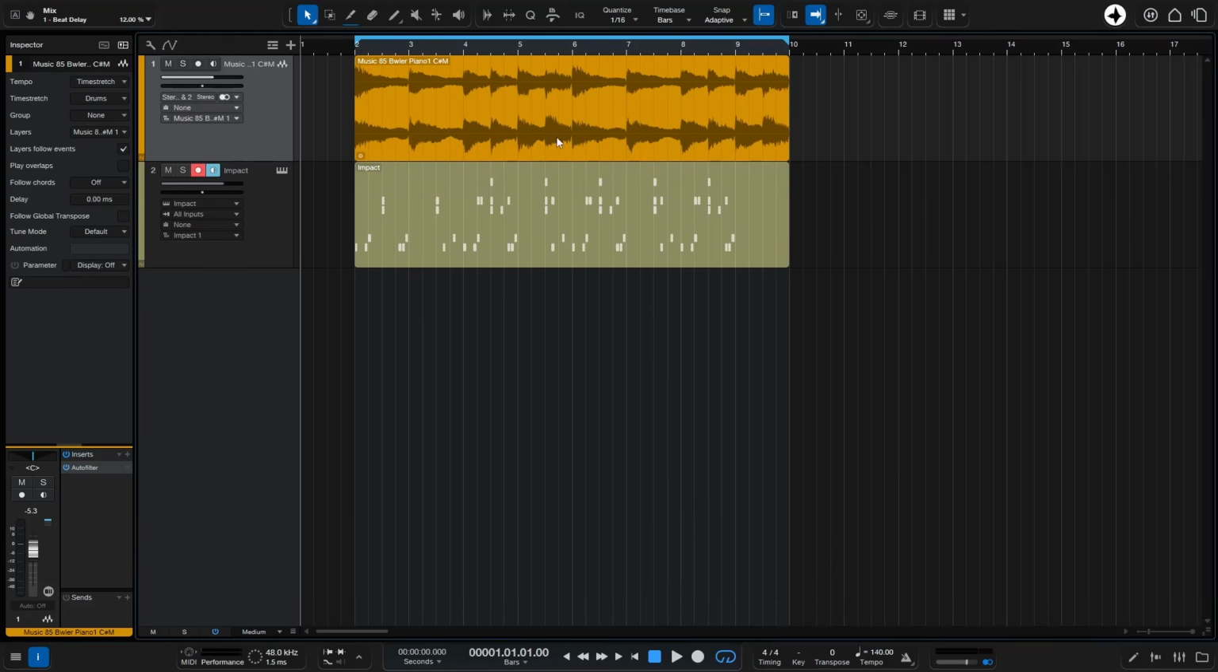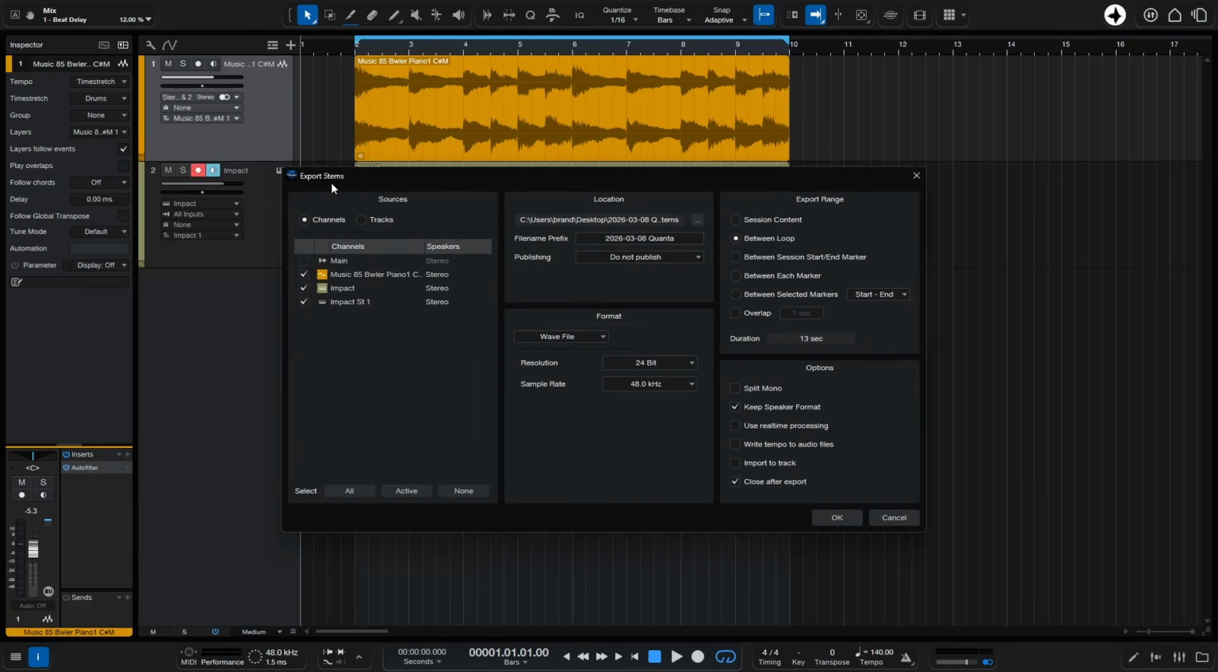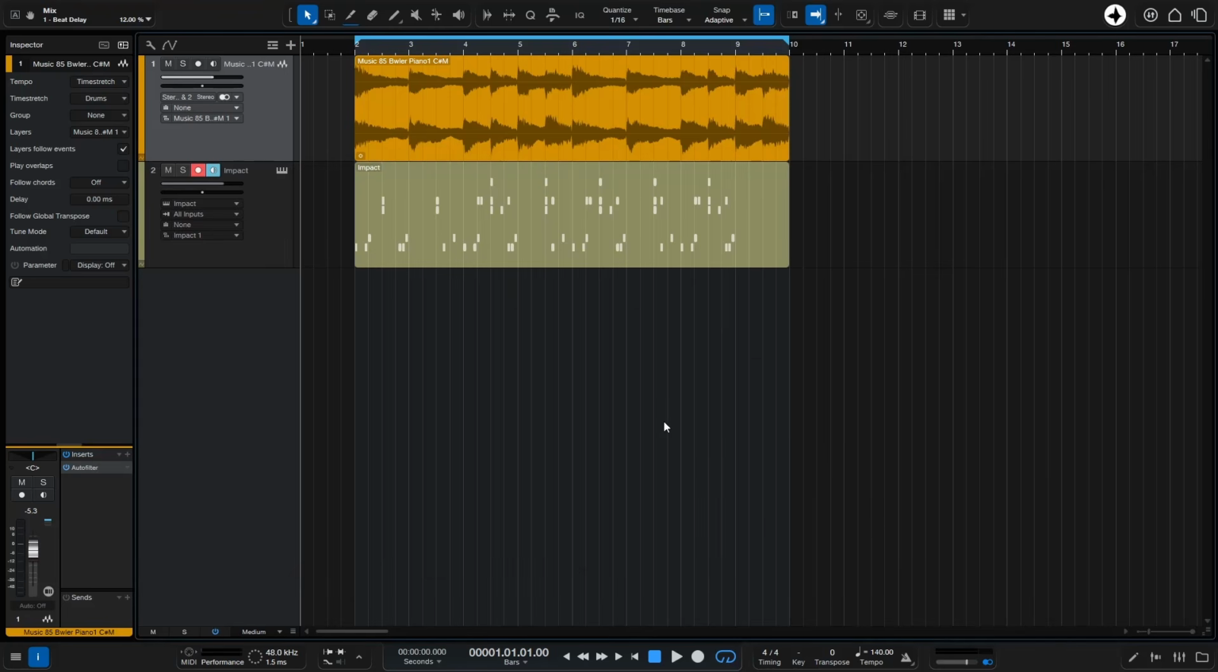Now, if we'd like to export individual tracks, sometimes we may just want an audio track or a MIDI track to quickly export a file and maybe share it with someone that we're collaborating with. So for that, we can press Control Shift and E to bring up the export stems dialog, and then we can choose the particular tracks or channels that we'd like to export. But we're going to go ahead and cancel out of here and take a look at another method